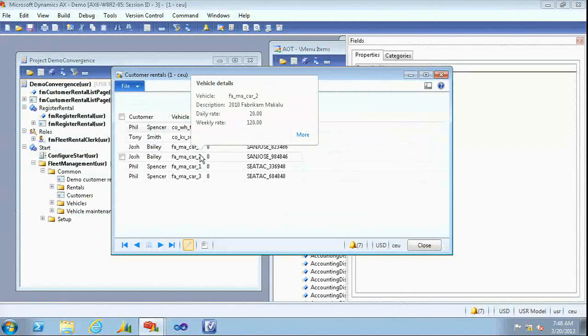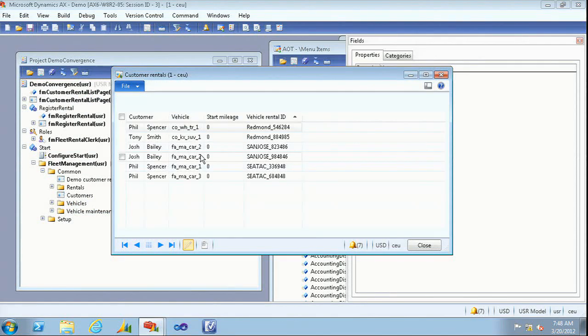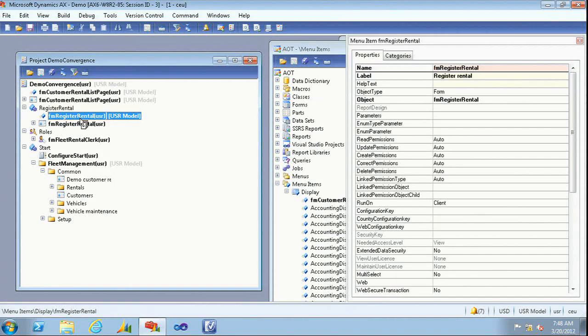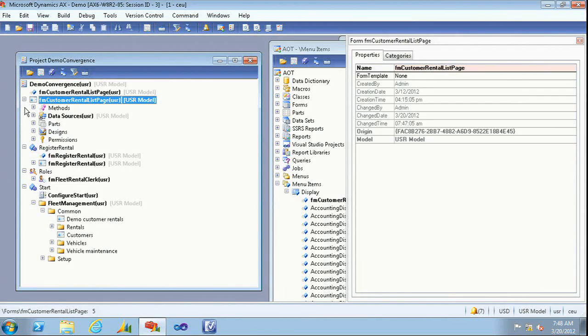And as you can see so far, we can't do that much. All we can do is we can see the car rental agreements. So now I want to actually add a function to allow Lisa to register new car rental agreements. So I want to add a menu item in the ribbon here. So for the purpose of this demo, I already created a new form that will allow Lisa to register a car rental agreement. So now I can add this form into my